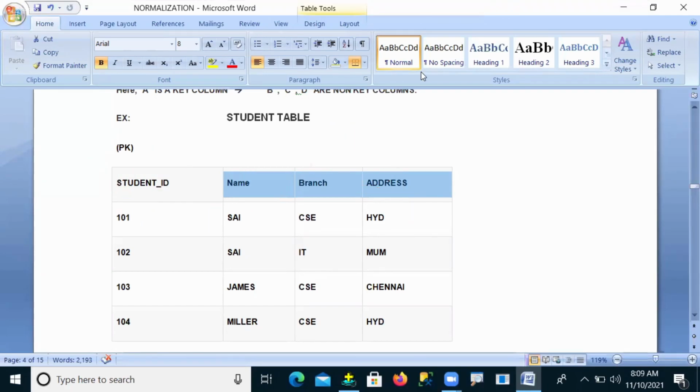Yes, I can. So that means when I know a student ID number, with the help of the student ID number, the entire details of a student I can fetch, I can retrieve. So it means what you understand here, guys, is that the student's entire details are depending on that student ID number.